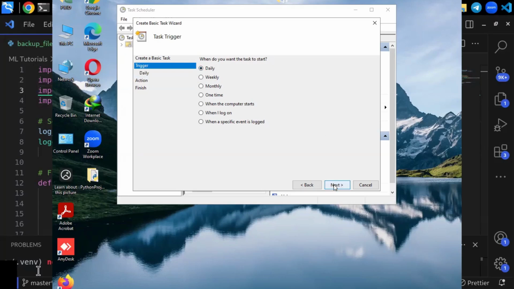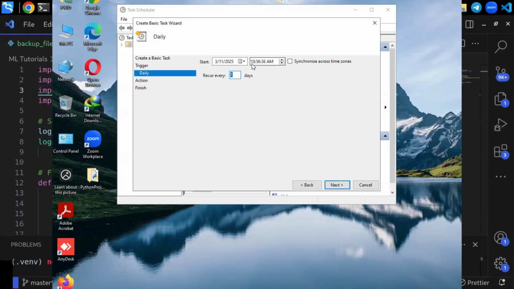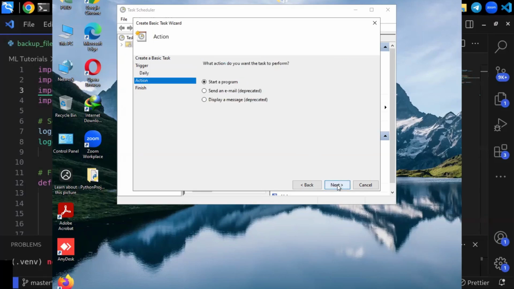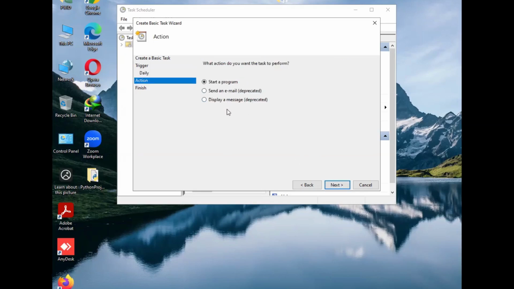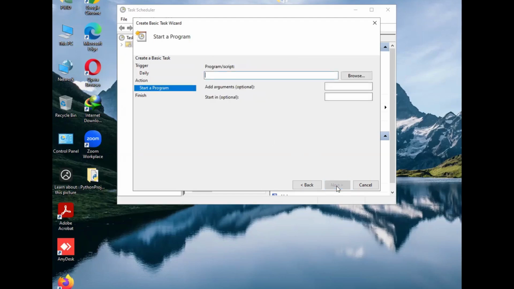Actually, I want to schedule this task daily, so I choose daily. Then click on next and set the start time, for example, 2 a.m. and recurrence settings.